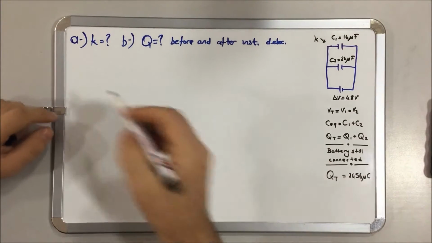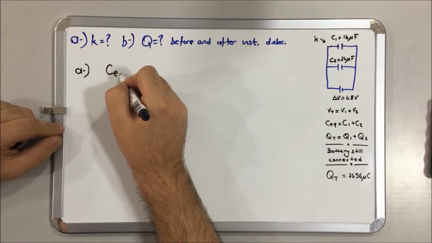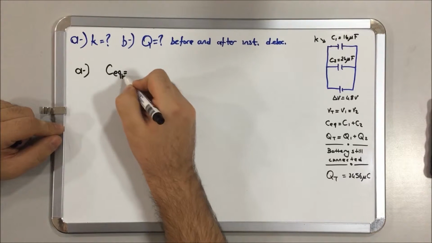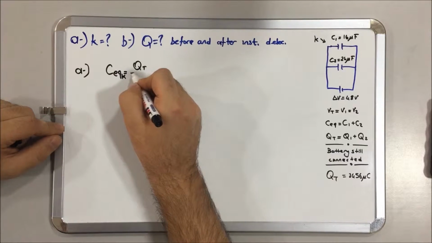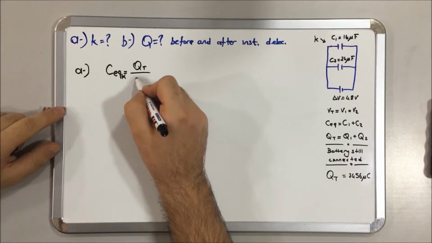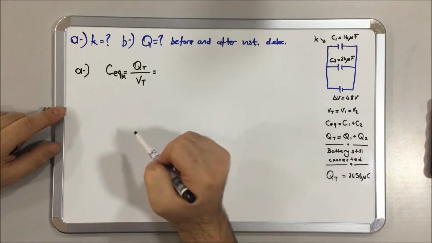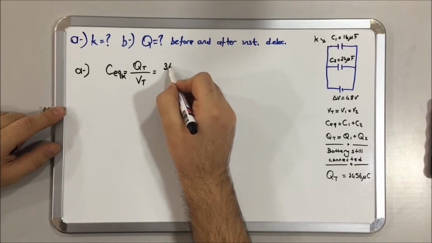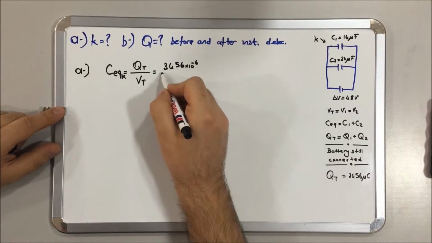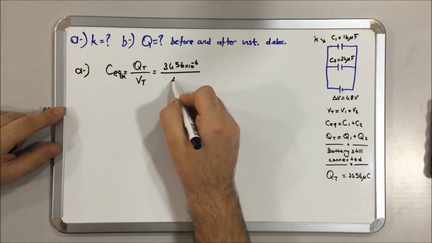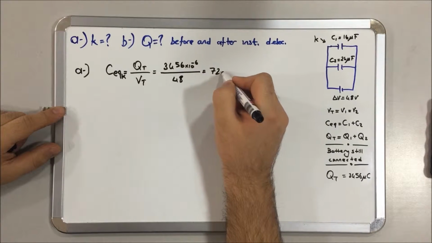Hello, welcome everyone. Now we are going to solve C equivalence K, which is equal to Q total over V total. Because Q total is given, V total is given. Q total is 3456 times 10 to the power of minus 6 over V total, which is 48. So the result will be 72